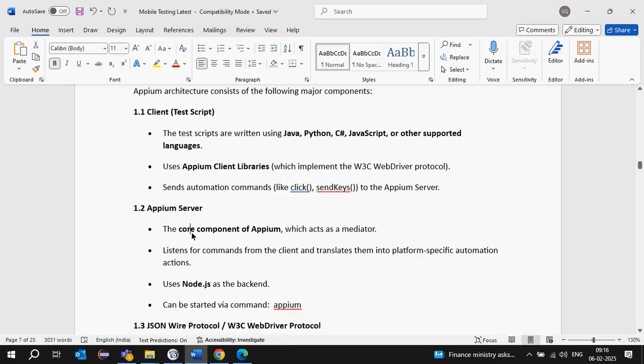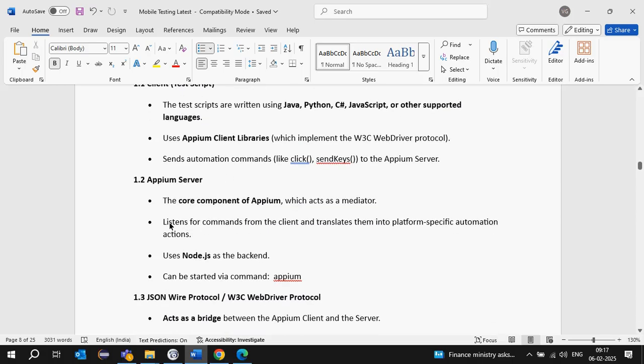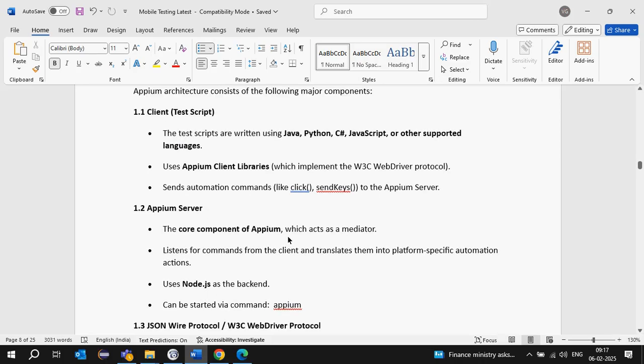Next one is the server, the core component of Appium, which acts as the mediator. The server is the mediator between the client and the mobile device. It listens to the commands from the client. Whenever the client sends a request, like I want to click on it,